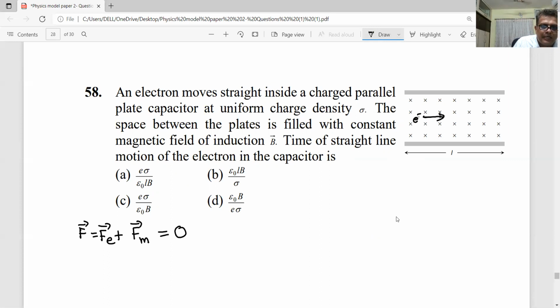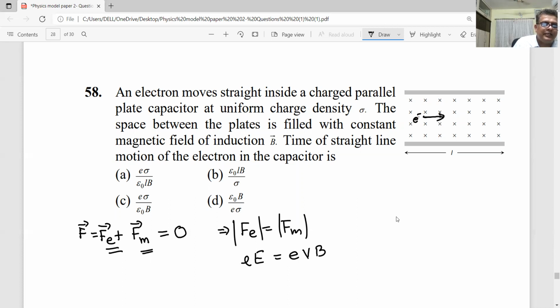The moment I understand this, I should know it very well. Direction wise, I don't mind, but the magnitude of these should be one and the same. We don't have to worry much about the directions there. The net force should be 0 because of the electric field force as well as the magnetic force. So Fe is equal to Fm. Now what is Fe? Q into E. Here the charge of the electron is e. So eE is equal to Fm. Due to the magnetic field, it is qvB or evB. So now I understand that eE is equal to evB.